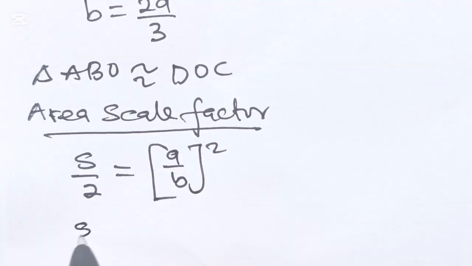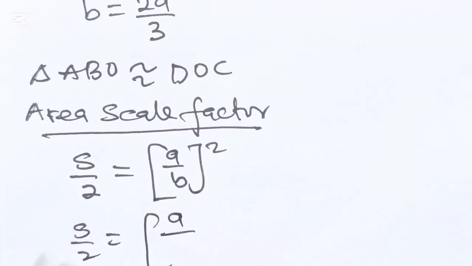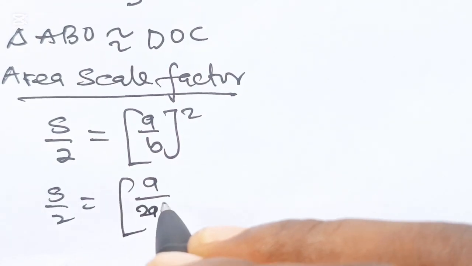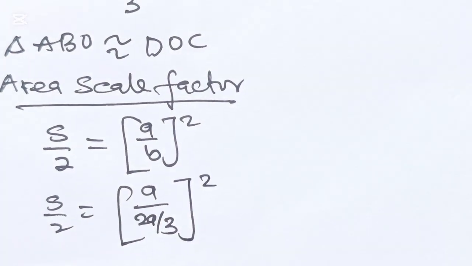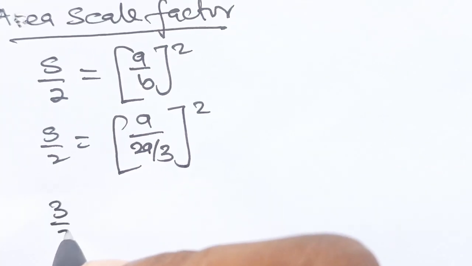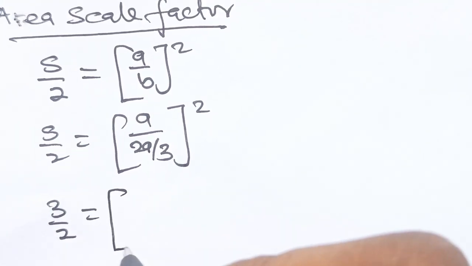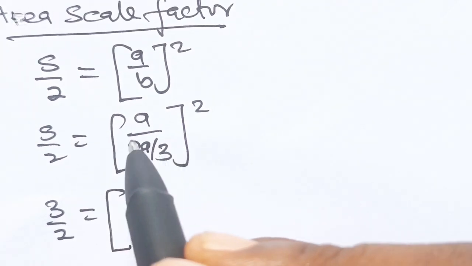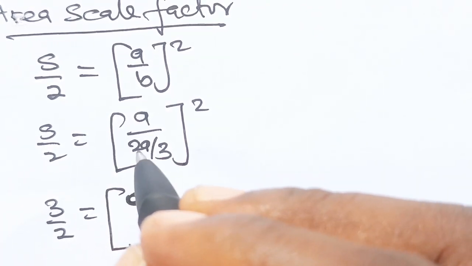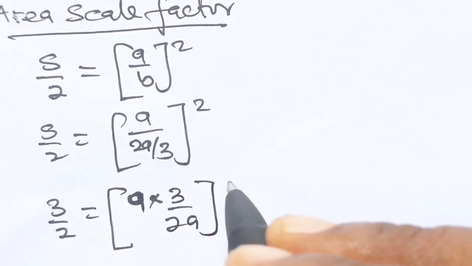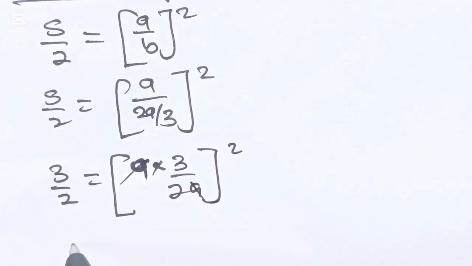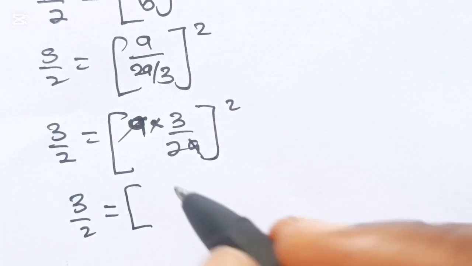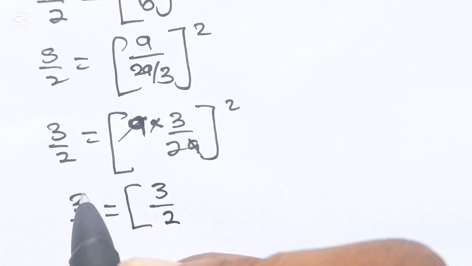So we have S over 2 is equal to a over, now remember that our b is 2a over 3, so 2a over 3, all squared. If you want to change division to multiplication, you take the inverse of what you have here. So I'm going to take 3 over 2a, all squared. Now a will remove a, and I'm left with S over 2 is equal to